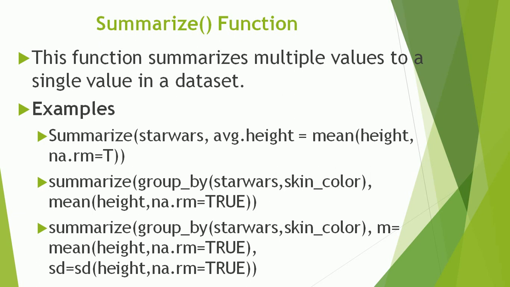Now in most places you can see na.rm is equal to TRUE. By default na.rm is equal to FALSE, which means when your calculation of mean and median is done, NA is also included in it. If you don't want to include the NAs, that is the not applicable or missing values, when you are doing your summarization function, then your na.rm should be set to TRUE, so that missing values or NA values are not included during the calculation of your summarization functions.